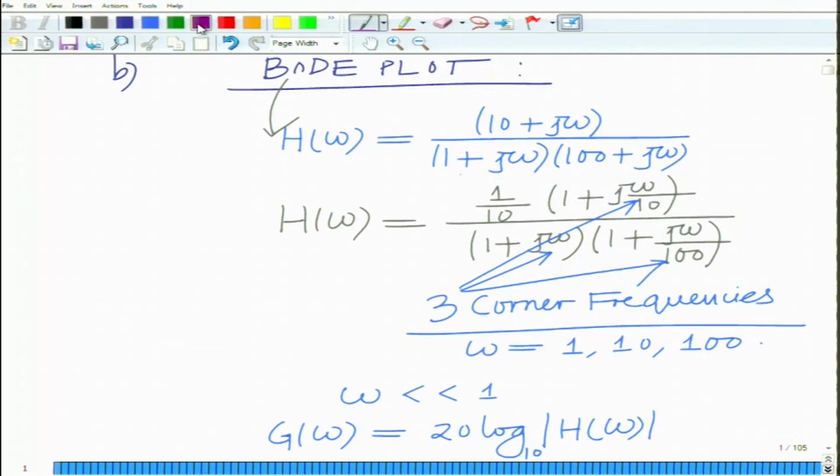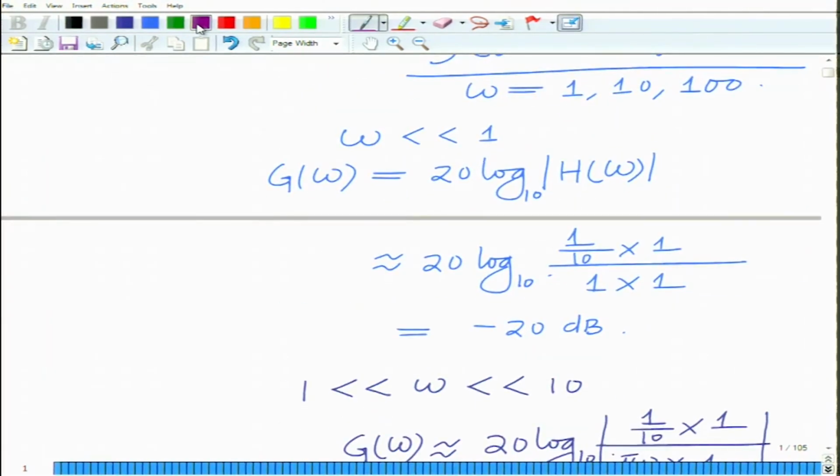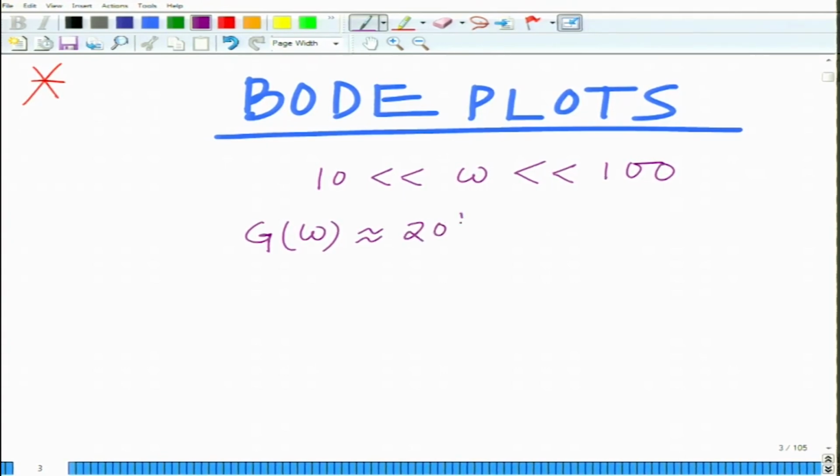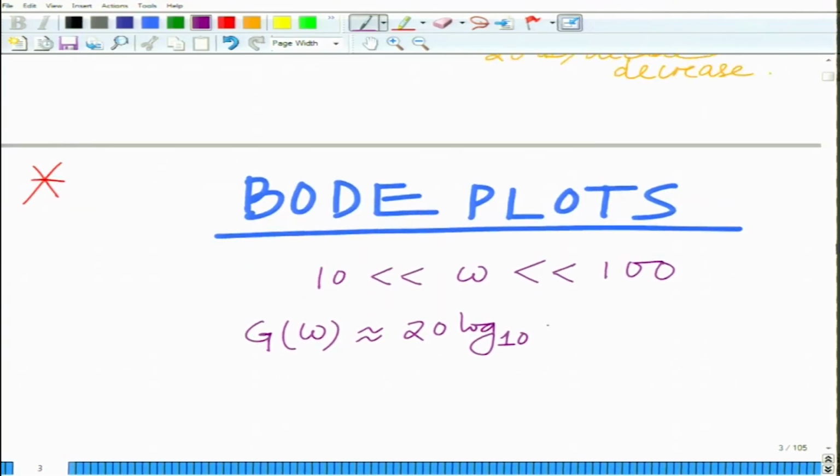And we have derived the Bode plot for two regions, that is for omega much less than 1 and omega lies between 1 and 10 radians per second. Now, when omega lies between 10 and 100 radians per second, we can treat this as another case. You can see that in this case g of omega is approximately equal to 20 log to the base 10,